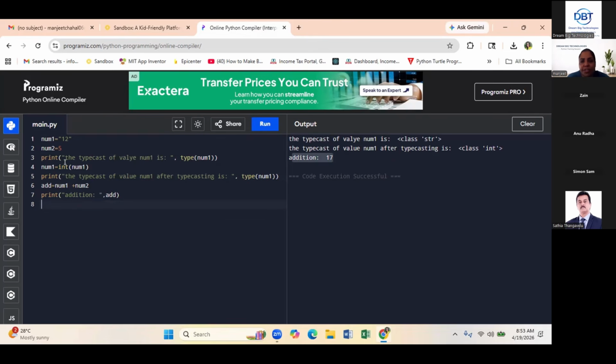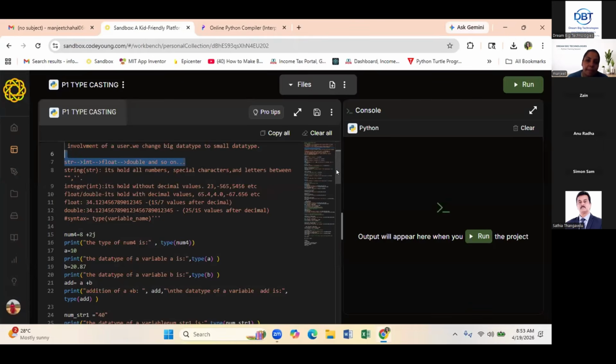Now you want to change into float. I'll just make it float. Now you see, it is giving me its class is float. I am getting answer 17.0. Easy?